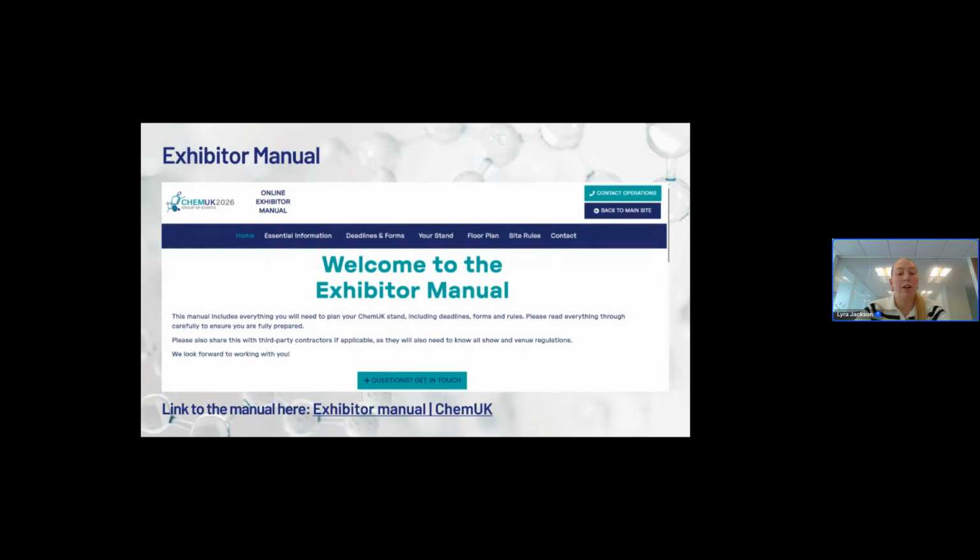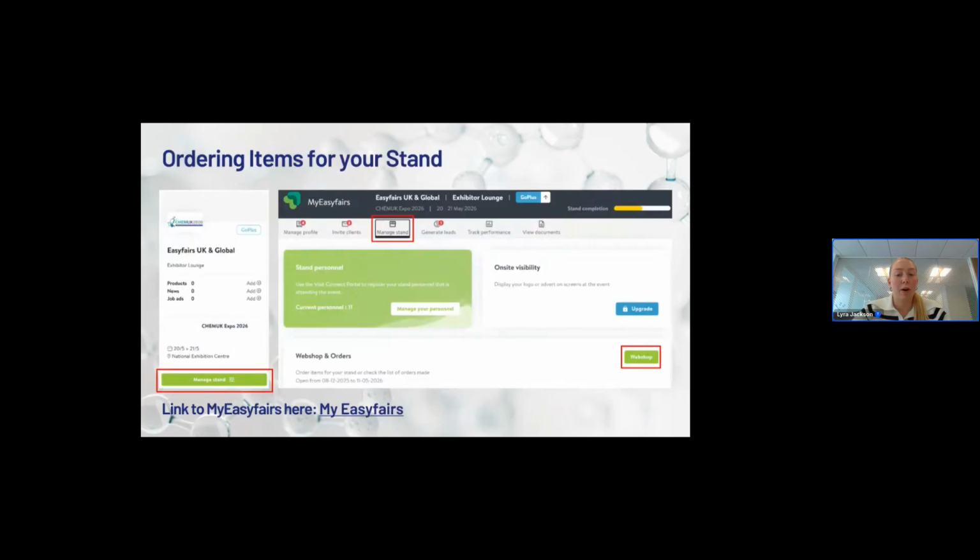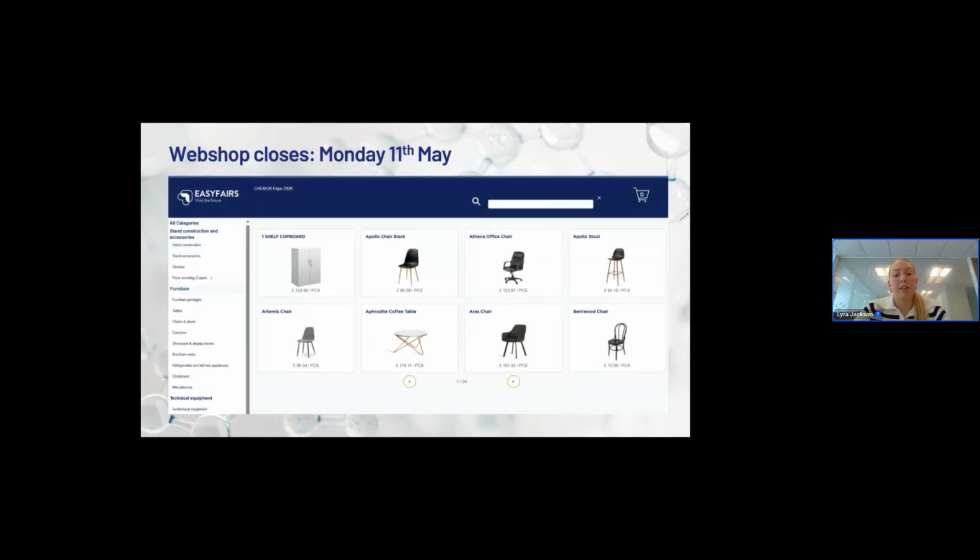So if you need to order items for your stand, you can view our web shop by going on your My EasyFairs portal. So once you're on the portal, if you click Manage Stand under the CHEMUK bit, and then click Manage Stand again at the top, and then you can go on Web Shop. So that will bring you up our My EasyFairs web shop that looks like this. On here, you can look at all of the items that you can order for your stand. So there's lots of different furniture items on there. If you need a TV screen or electrics, a storage room for the stand, you can order all of that